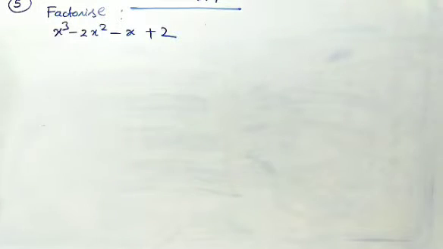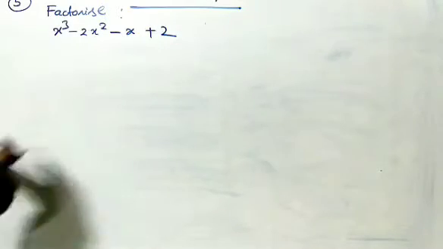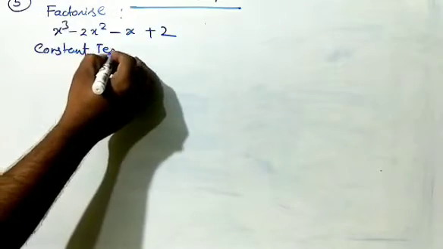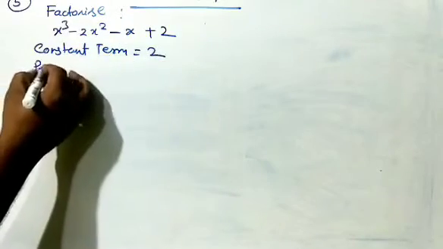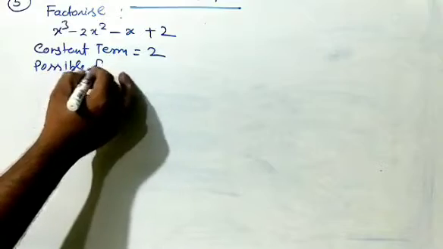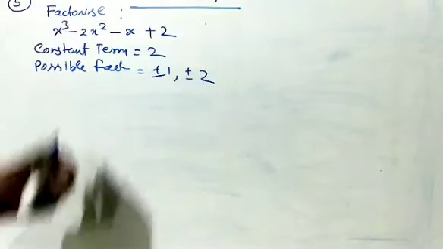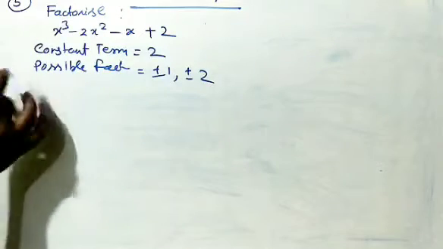So the last question is that we have to factorize x cube minus 2x square minus x plus 2. It is a cubic polynomial. So we cannot apply splitting the middle term. So we have to find out using the trial method. First of all, the constant term is 2. So what are the possible factors? They will be plus minus 1 and plus minus 2. So we just, by trial method,